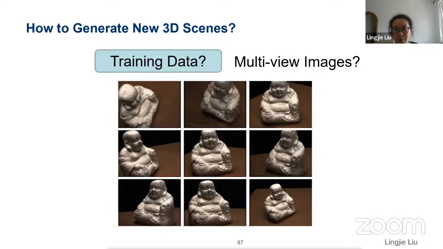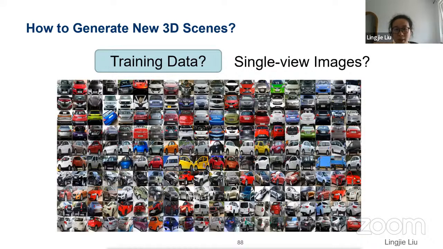So far, we've talked about how to reconstruct and render 3D scenes depicted in the input images. Now let's consider how to generate new 3D scenes with the corresponding synthesized images. For this task, large data is needed to make the model learn how to generate. Then what should be our training data? Is it multi-view images or single view images?